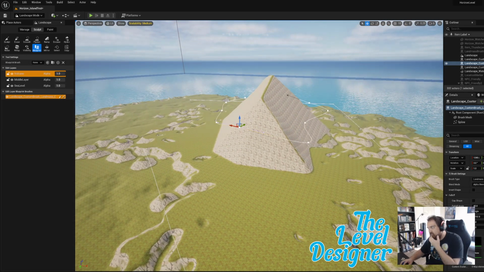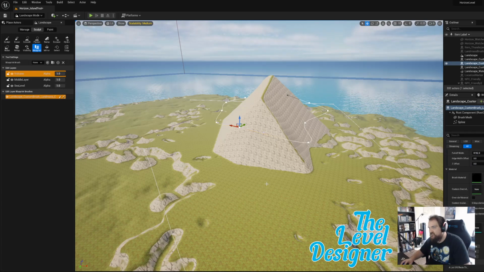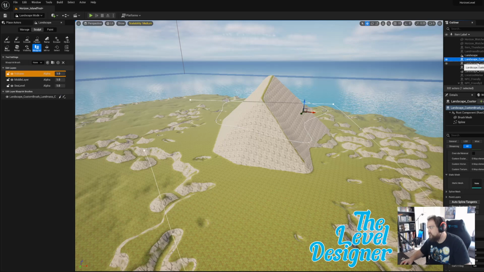Okay. So I'm going to just play around with some of the things here. So let me see. Blend modes, alpha blend. So I want to get a feeling for